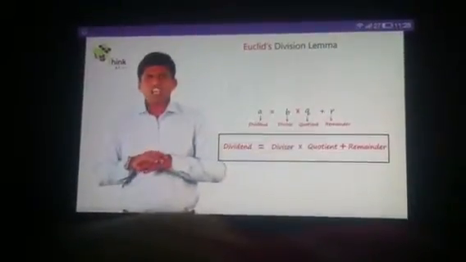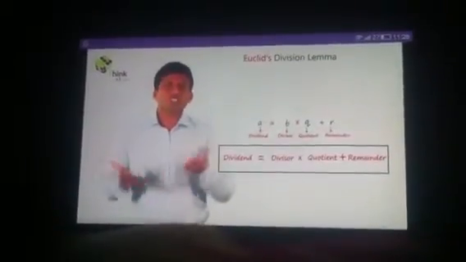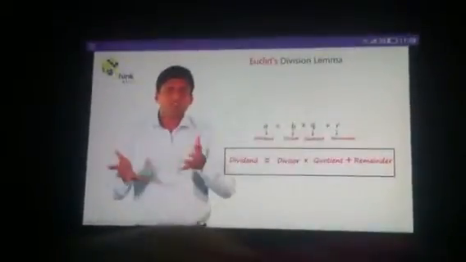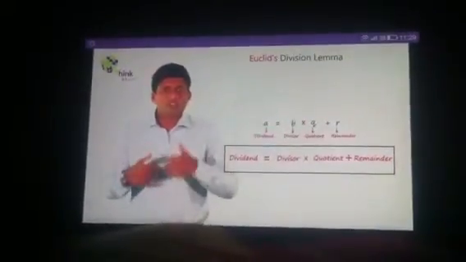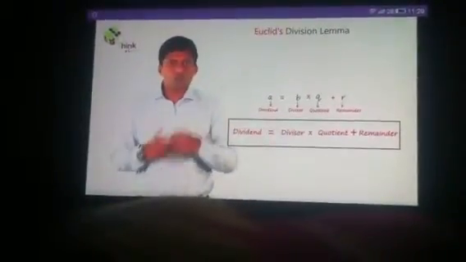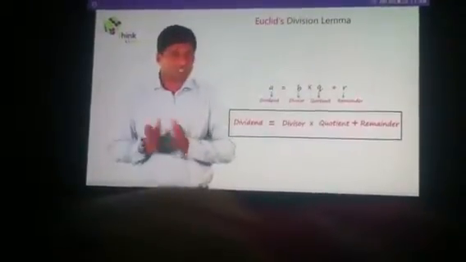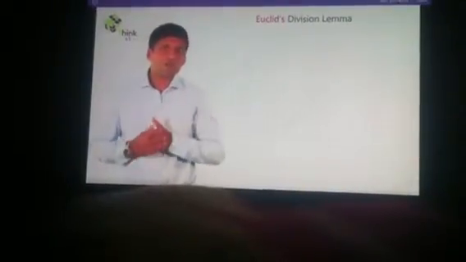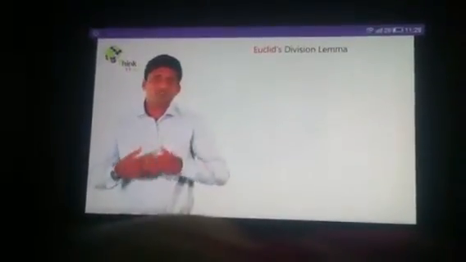So there is nothing here. This is almost like 5th, 6th grade level discussion. We are just going to give it a different name, like Euclid's division lemma. What it's all about, you will understand very soon. And there is nothing new. We are just going to give it a new name. This generalized using variables is called Euclid's division lemma, which, if you state it, will be